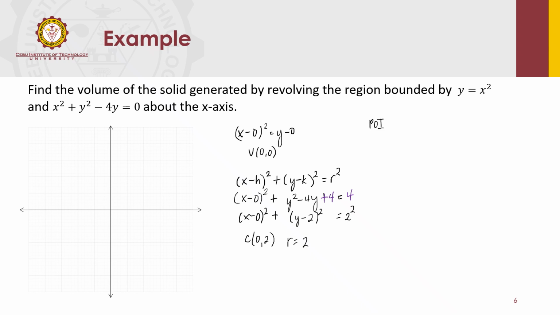So we'll equate x squared so that it would be easier to solve for y. Since they have a common x squared, no x terms, the x squared of the parabola is just equal to the x squared of the circle. So x squared for the parabola is just equal to y, and for the circle it's 4y minus y squared. So 4y minus y squared.